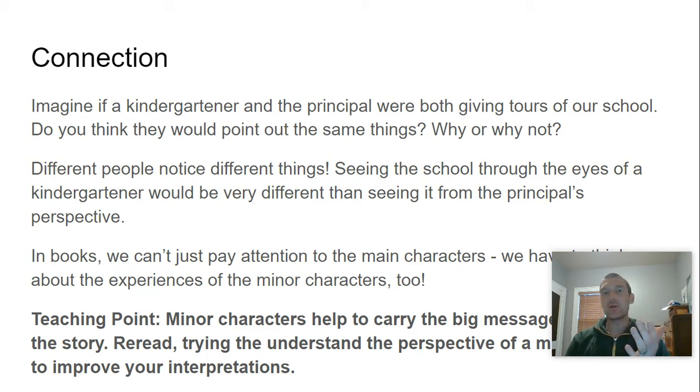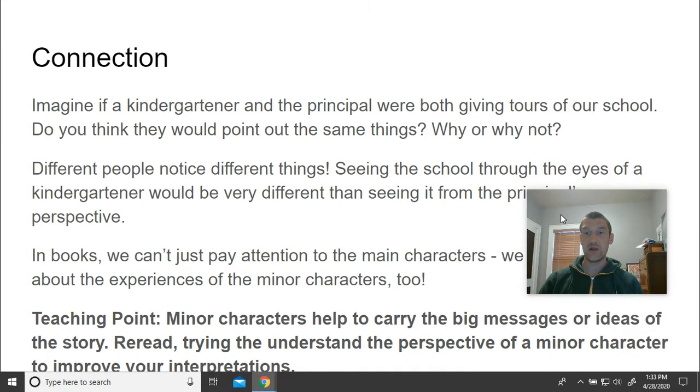Now, hopefully, you're saying to yourself, no, the kindergartner would point out things that are really important to a kindergartner, right? And the principal would point out things that are really important to a principal. They have different perspectives, they have different experiences, they see the world differently. So the things that they're going to notice and that they would show to us would be very different. Okay. So our teaching point today is that minor characters can also help carry the big messages or ideas of